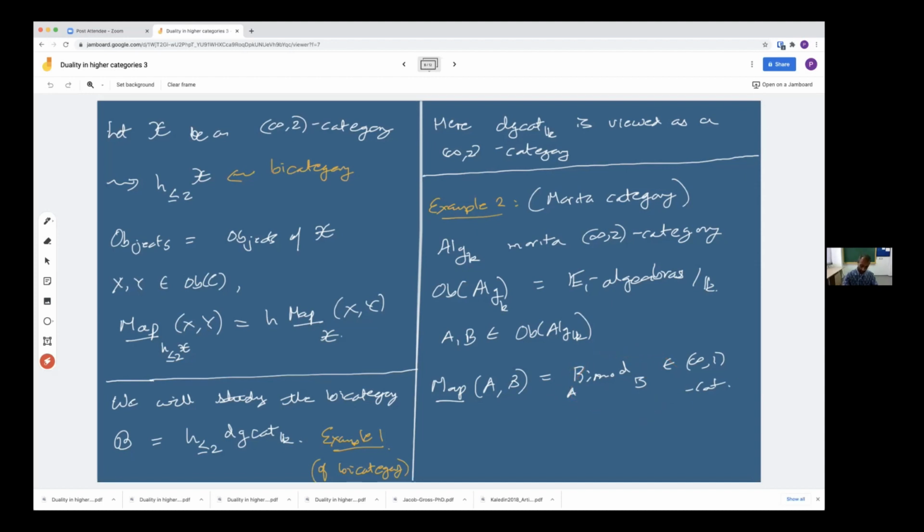And so this gives rise to an H less than or equal to 2 of alg k. This is now a bicategory. Okay, so I want to study these bicategories. Now, what's the relation between these two bicategories? There is a functor